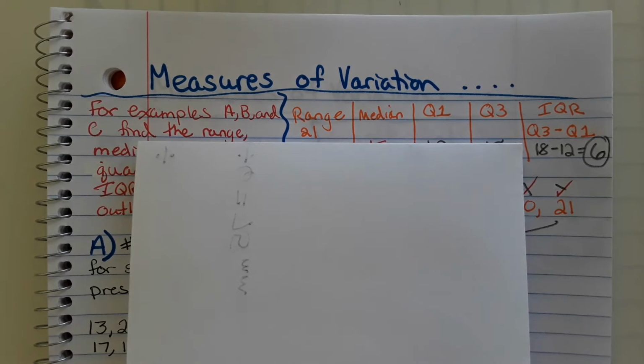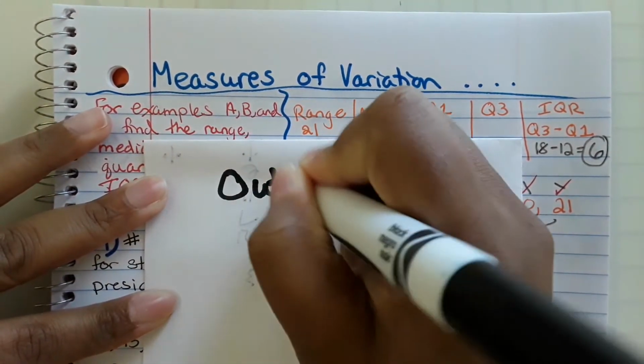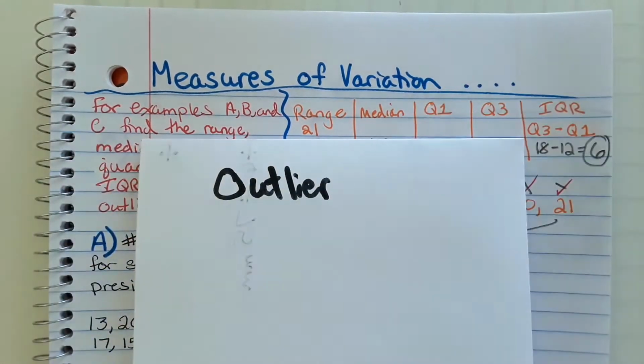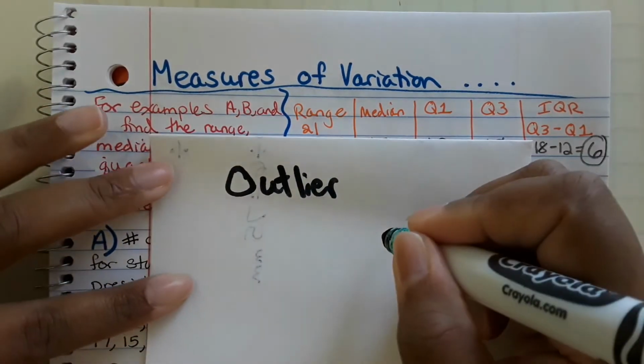We are here to continue our lesson on measures of variation. Today is all about the outlier. When we're doing this particular lesson today, you're going to think of basically, back in the day when you're